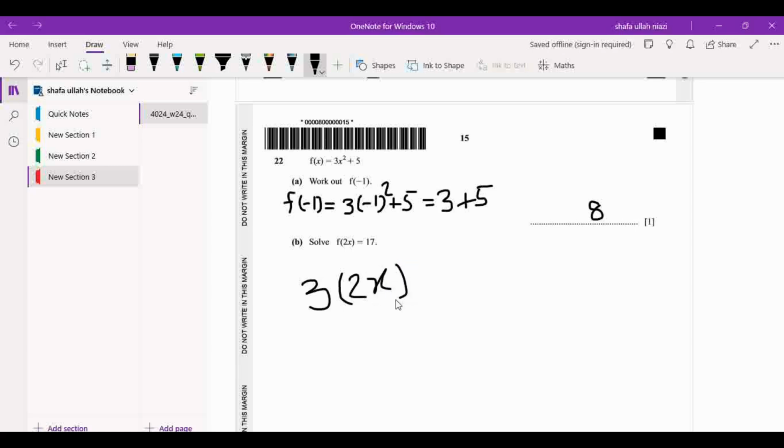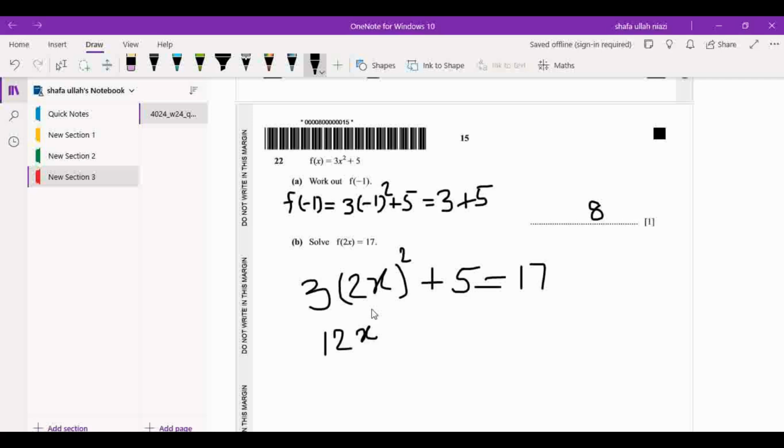And then we have x square plus 5, and this should be equal to 17. Put 17 here. Now we will solve it. 2 square is 4, so 3 times 4 is 12. So we get 12